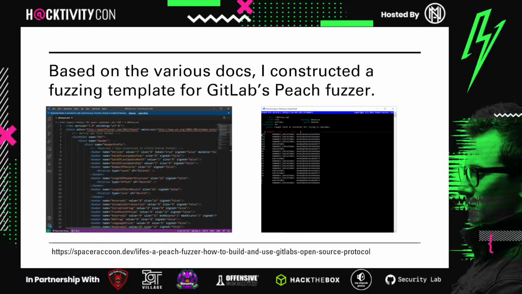So I built this fuzzing template for the DBF file format, and then used it to fuzz various small DBF applications, such as a DBF viewer. There are many of these tiny applications just scattered across the web, written by different developers, whose only purpose is really just to open a DBF file. So I don't start at the most complex applications. I start at really simple, small applications that are easy to fuzz, especially by Peach Fuzzer,